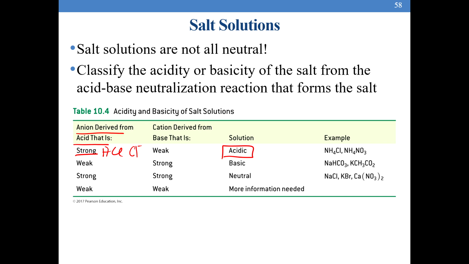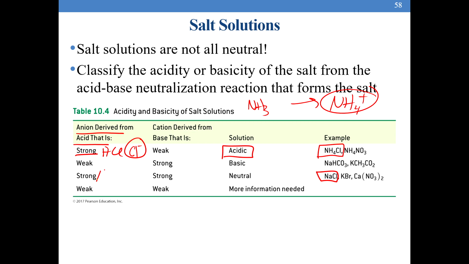That should make sense. So what is an actual example of that? Well, we already learned that NH3 is a weak base. We saw that earlier in the chapter, and it produces the conjugate acid NH4 plus when it acts as a base. So put Cl negative and NH4 plus together in a salt, and that is the example given on the far right. Okay? I'm going to skip the second row here for a second and show you there's the NaCl